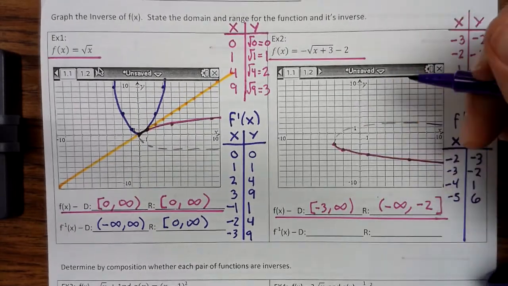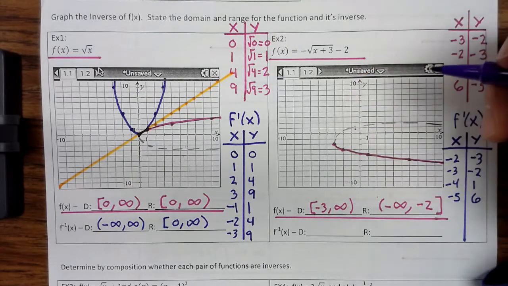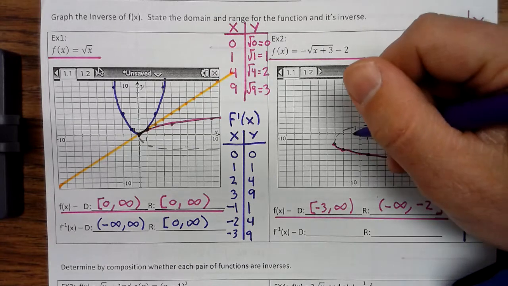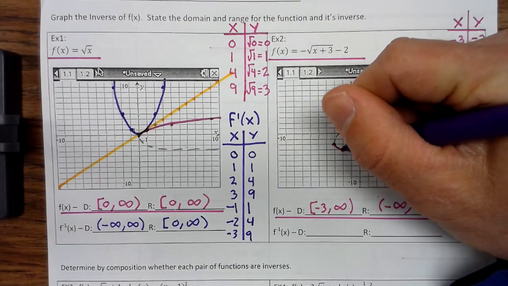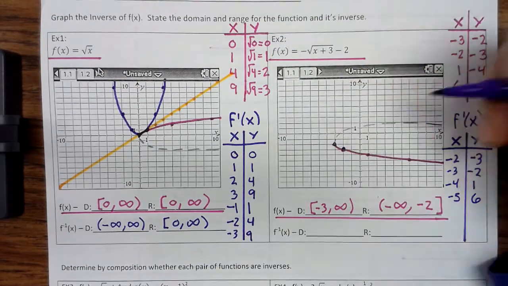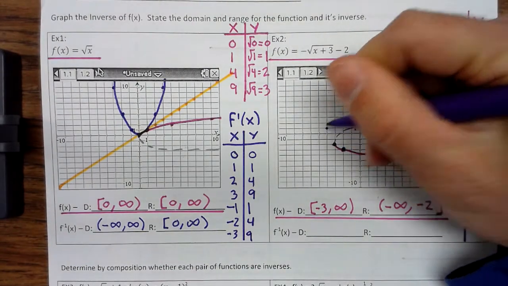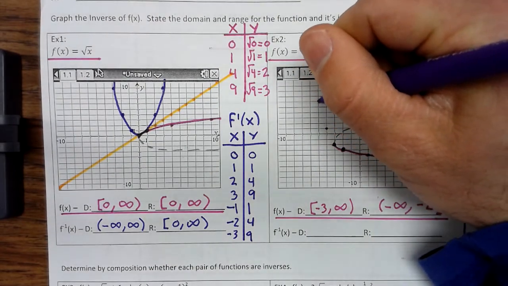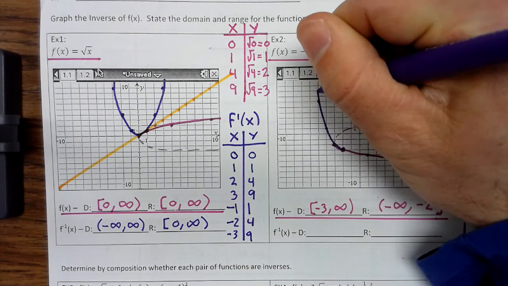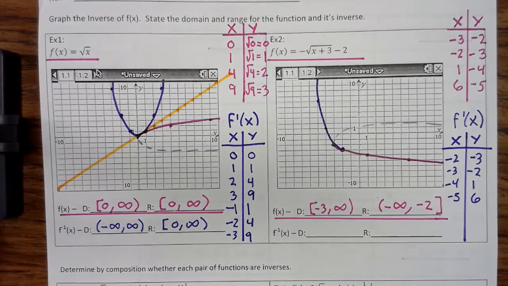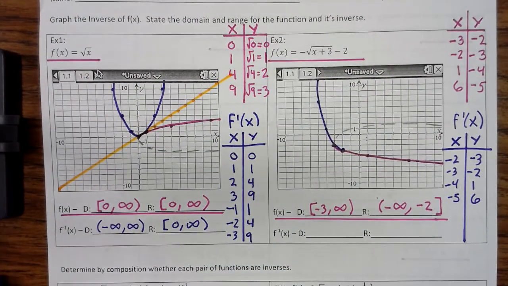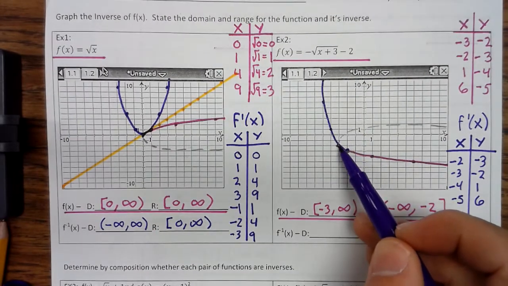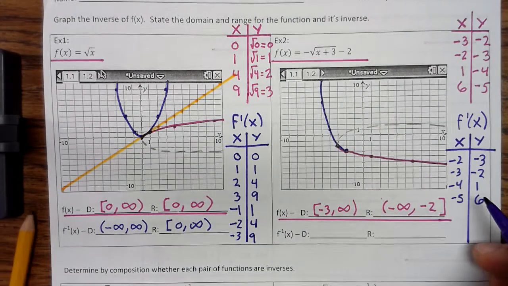So then that's (-2, -3), (-3, -2), (-4, 1), and (-5, 6). But remember, the inverse of the square root is a quadratic, so we have to graph the mirror points. So the mirror point of (-3, -2) would be